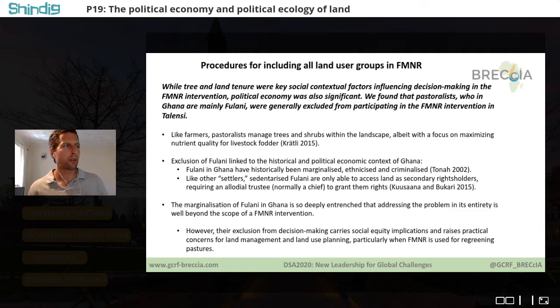And it's really important to recognize that pastoralists, like farmers, manage trees within the landscape, albeit with a different purpose. So there are different demands there. The historical context to Fulani is also very important. In Ghana, there's a history of exclusion and marginalization. Another key point, like other so-called settlers, they acquire land as secondary rights holders, normally only depending on an allodial